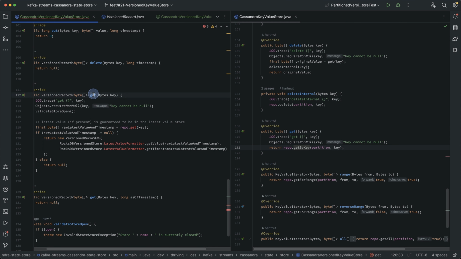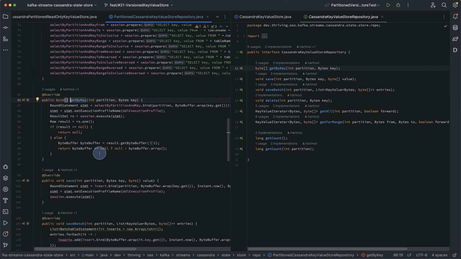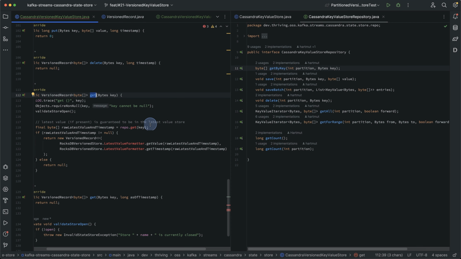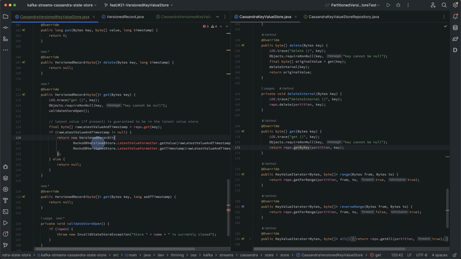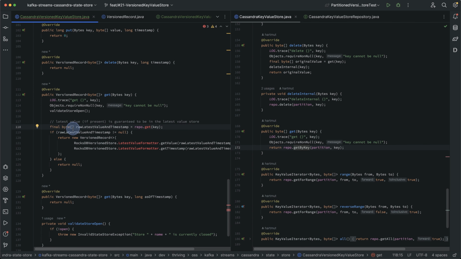So let's see what we have in our repo here. Well, we actually only fetch the value from the result. I think that we cannot adapt. We need to do a bit extra for that. Okay, not sure if I'm explaining what I'm thinking right now, but give me a minute and I will clarify in more detail. But I think what I meant is we'll need our